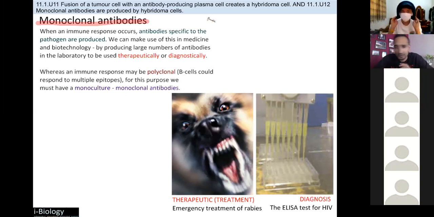We're going to give some examples. We're going to go through, like I said, the treatment with the video, but really what you need to know is how is this done in a lab, okay? So first things first, what is a monoclonal antibody? Essentially, this is an antibody that specifically binds to only one antigen. And the reason we might want this is for testing, like some kind of screening to see if we want to detect a certain antigen, or more relevant or easier to understand, is for